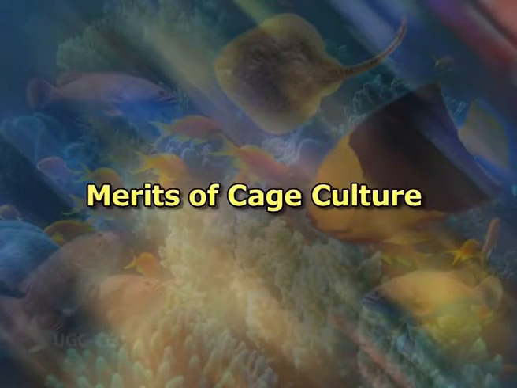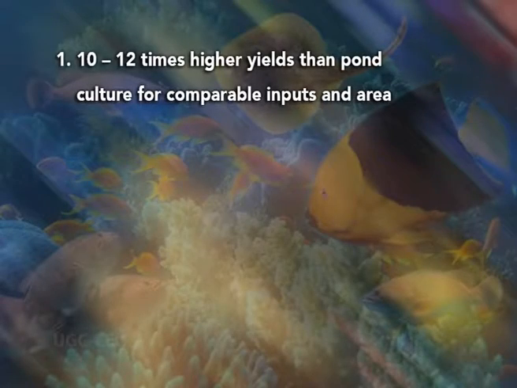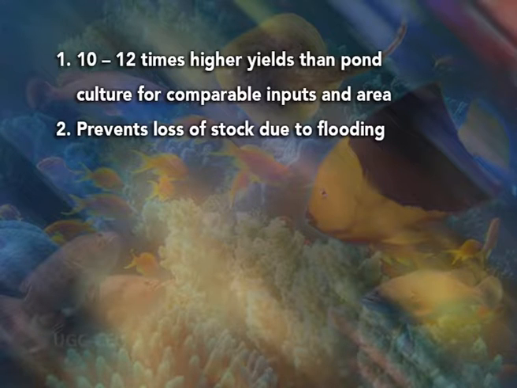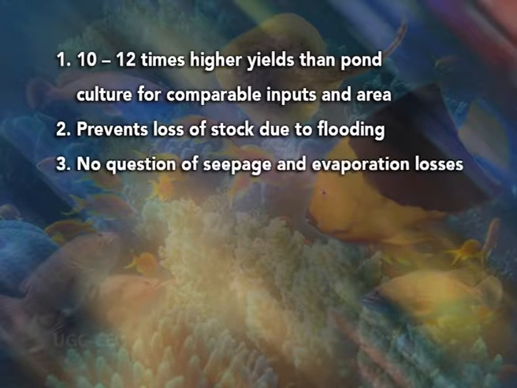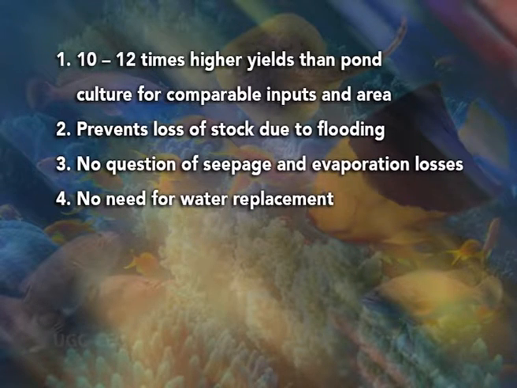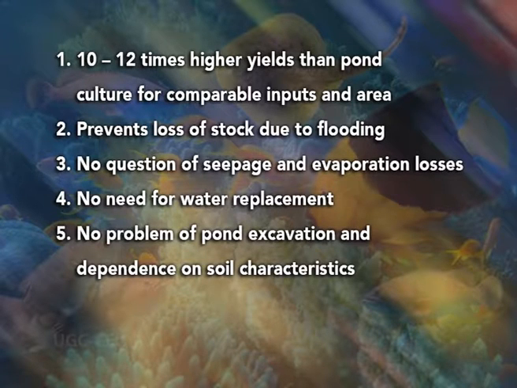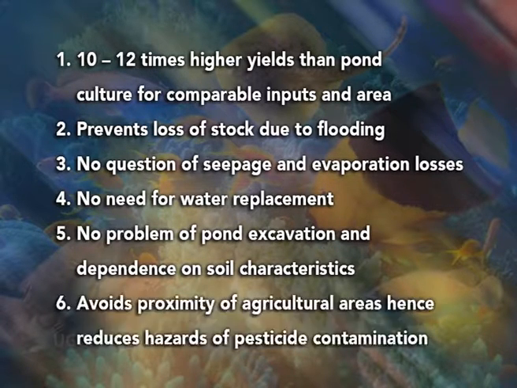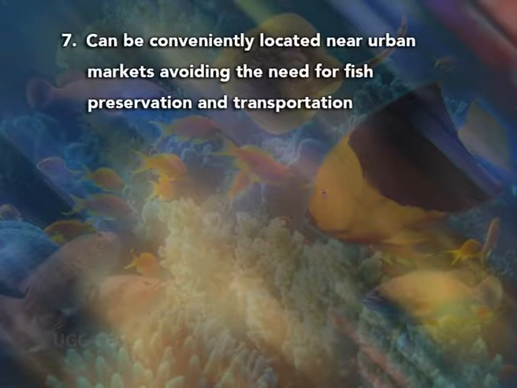Let us discuss the merits of cage culture. Advanced type of aquaculture having scores of advantages over pond culture include 10 to 12 times higher yield than pond culture for comparable inputs and area, prevents loss of stock due to flooding, no question of seepage and evaporation losses, no need for water replacement, no problem of pond excavation and dependence on the soil characteristics, avoids proximity of agriculture areas, hence reduces the hazards of pesticide contamination, can be conveniently located near urban markets, avoiding the need for fish preservation and transportation,